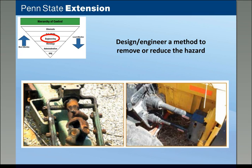It moves the hazard, separates the hazard from the person. On the left-hand side is a PTO drive that the cover's been removed from, or maybe it's an older drive and never had a cover, so it has moving parts that rotate fast. You can easily pick up a piece of clothing or hair or something else that might be coming close to it, as opposed to on this